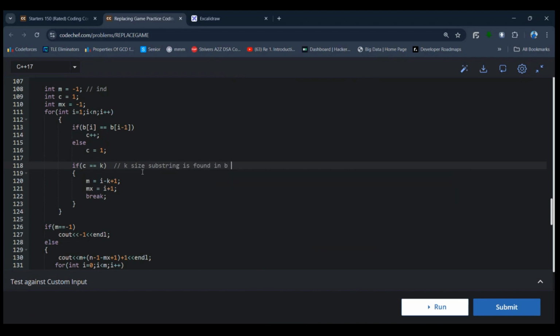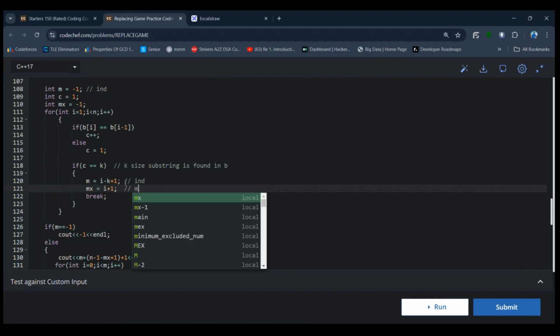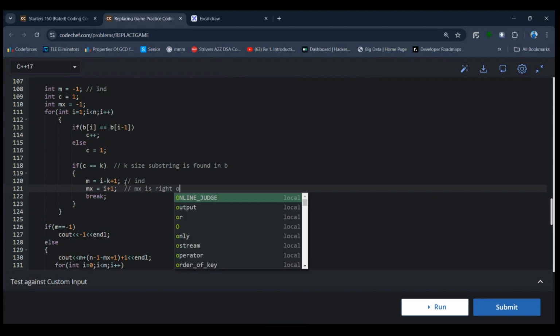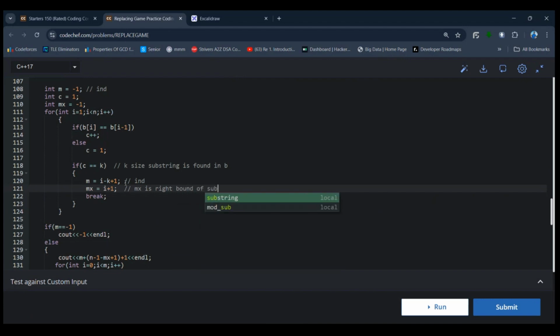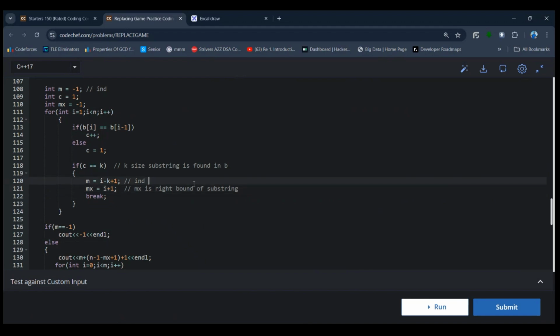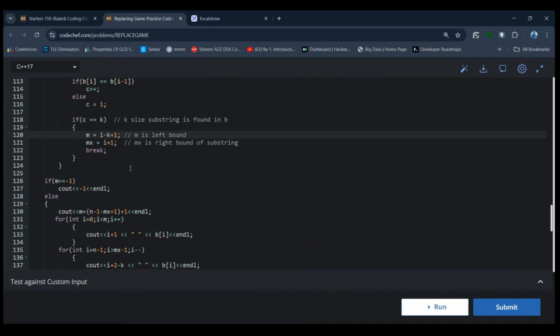K size substring is found in b। तो मैं क्या करूंगा, अपने m को, मतलब जो मेरा ind था उसको मैं i minus k plus 1 कर दूंगा, मतलब मैं k इंडेक्स पीछे चला जाऊंगा parent index से, और मैं mx would be i plus 1। What is mx? This mx is the right bound. Mx is the right bound of the substring and index is the left bound, मतलब m here is the left bound। तो मतलब कि m से लेके mx तक वो मेरी substring exist करती है।